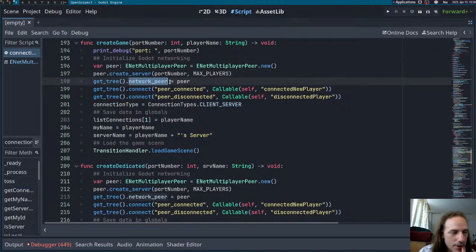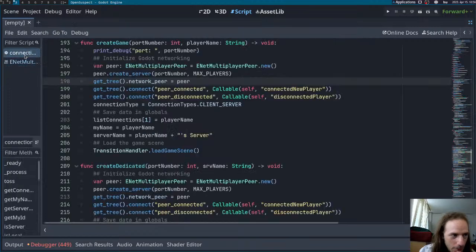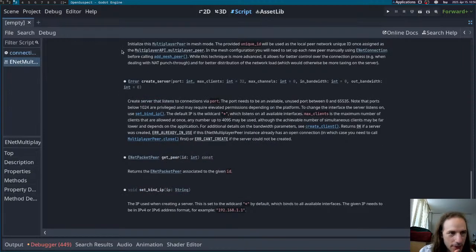So here, that is of course not working. We create server. Create server, if we click here, initialize this multiplayer